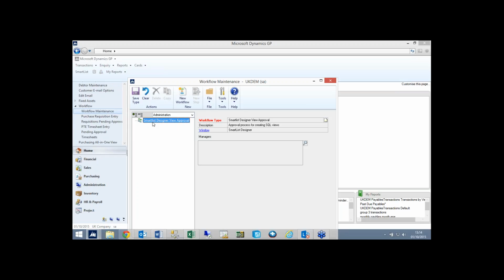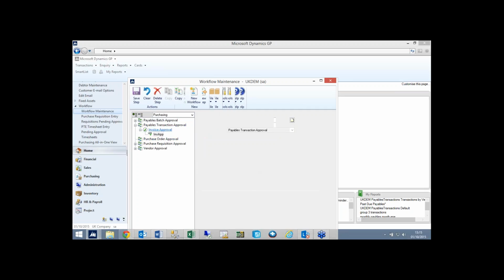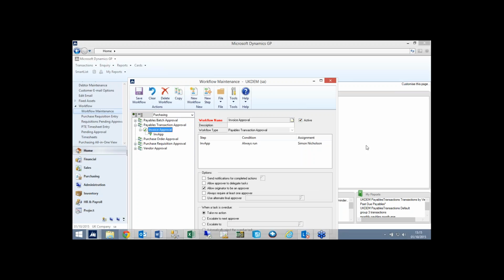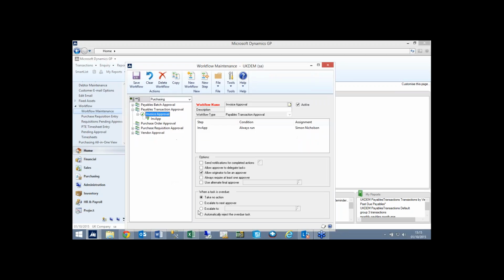What this will allow you to do is submit smart lists and approve them before they get added onto the system. One of the best ones that have been added in is the ability to have payables transaction approval. So at each stage of the approval, you can choose whether it's active, who the owner is, what level of email you need to be able to have, if you would like to have any kind of overdue actions, so that it can add a diary note and escalate to different users within the organization when it's